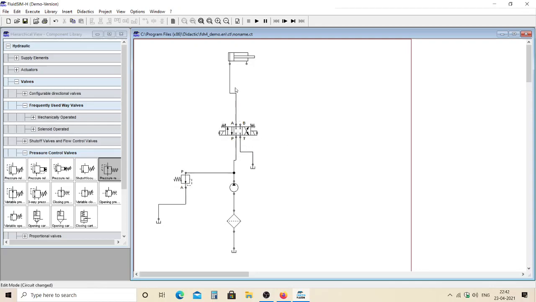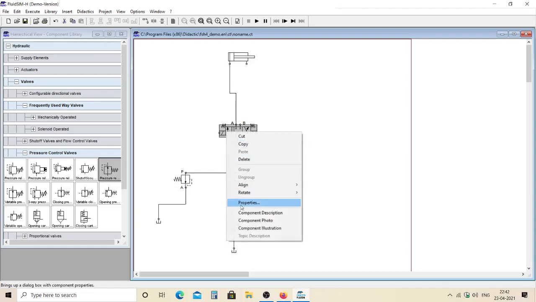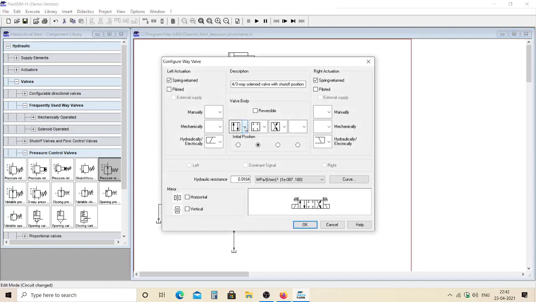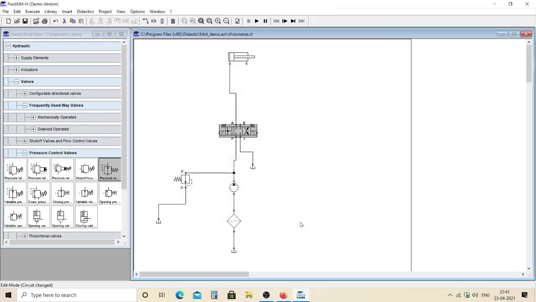As you know the principle, it gives double speed at the extension. So here this part we are assuming as the extension, so you have to make the modification. Again click on the DC control valve, just click on properties. At this initial position you can change the path. So I want this path. This is nothing but the symbol of the regenerative principle. So just click on OK.